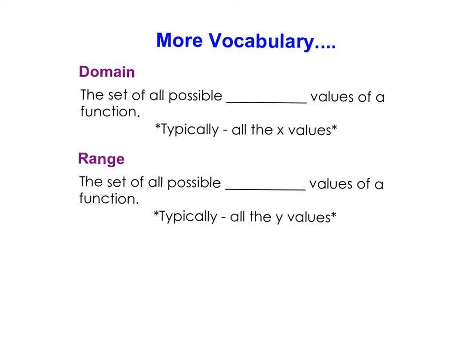The domain on a graph is the set of all possible input values of a function. So any values that can be put into a function. Typically what we're looking for are all possible x values that can be put into that function. Remember, x is typically input, so when we're finding the domain of a function, we're finding all of the possible